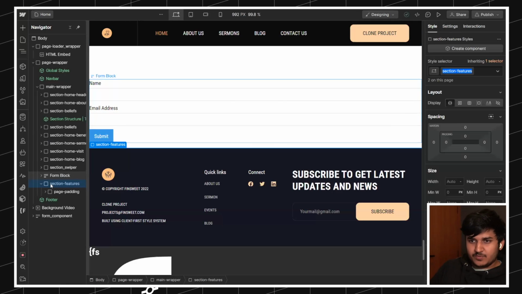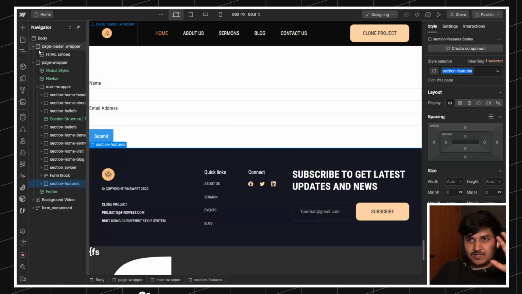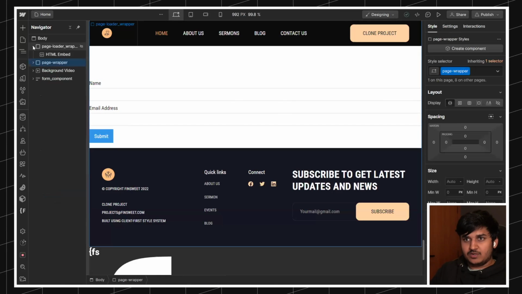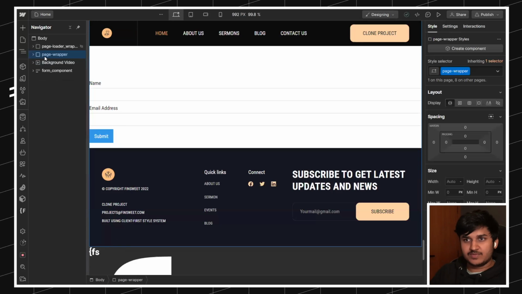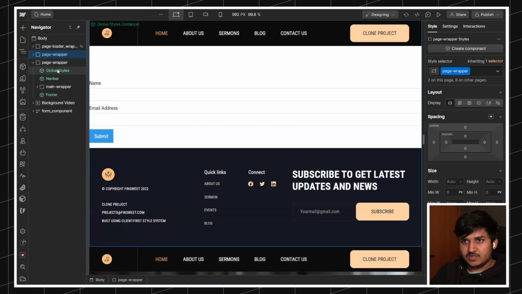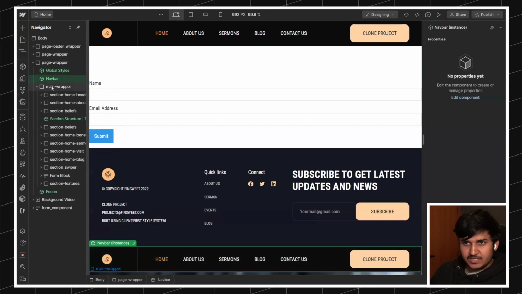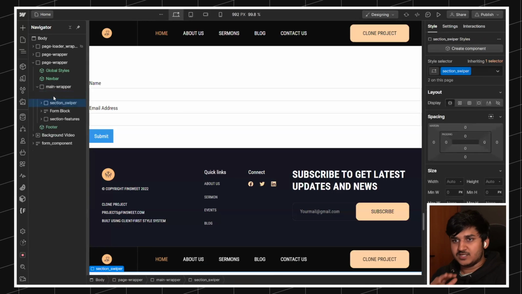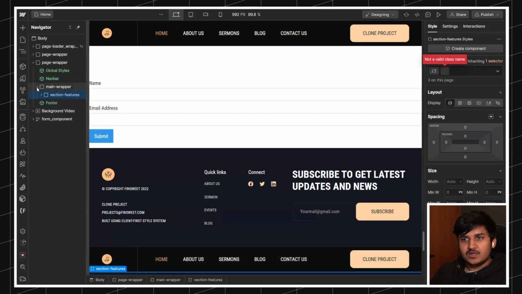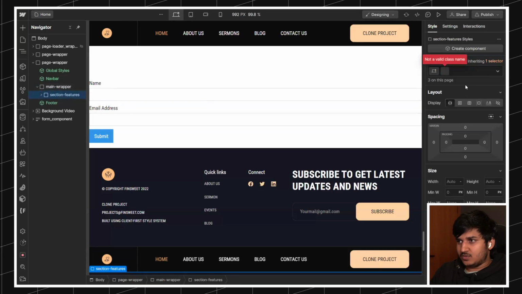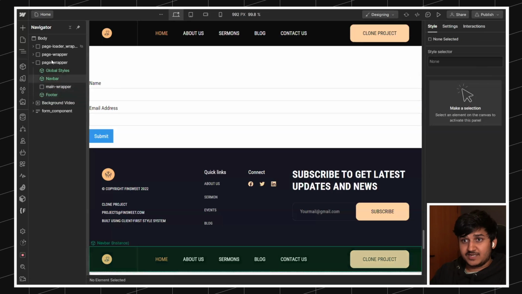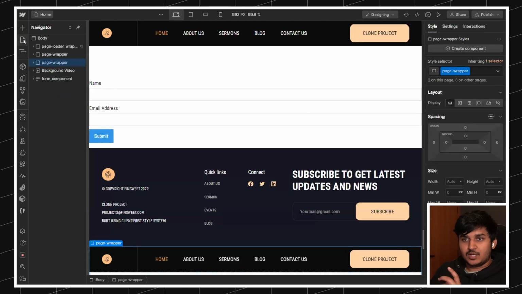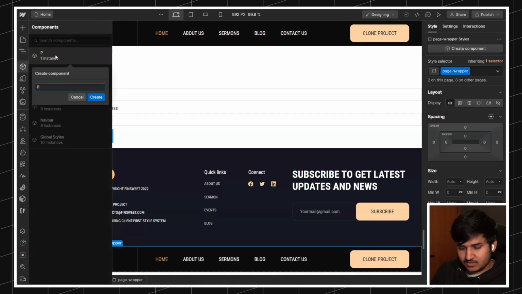In the very beginning of the project, create a section template. Similarly, create a page wrapper template as well. By that, what I mean is, let's say I will create a new page. Let's create the page wrapper template first. I will have global styles, nav bar in it, main wrapper. Inside main wrapper, I'm not going to have any sections, because whenever you start building a page, you don't generally have any sections inside that. And then you have footer inside that. So let's add the footer. That's it. And now this is going to be my page structure